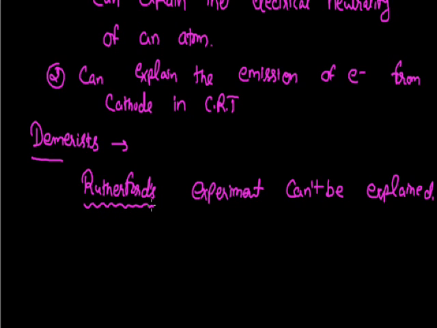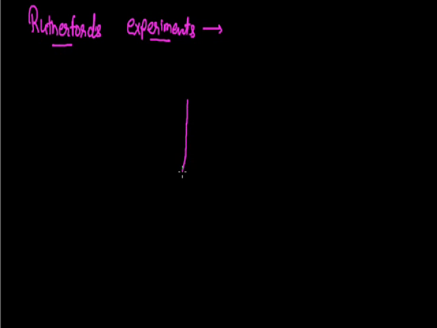So now we are to go through the model proposed by Rutherford. Since in the last model we have seen that Thomson's atomic model was discarded because it cannot explain the results of Rutherford's experiment, now we will start Rutherford's atomic model with Rutherford's experiment. Rutherford and his co-workers did their experiment on gold foil. He chose a very thin gold foil, and on this gold foil he bombarded some alpha particles. Basically, these alpha particles are no different from helium nuclei. The doubly positively charged helium particles are known as alpha particles.